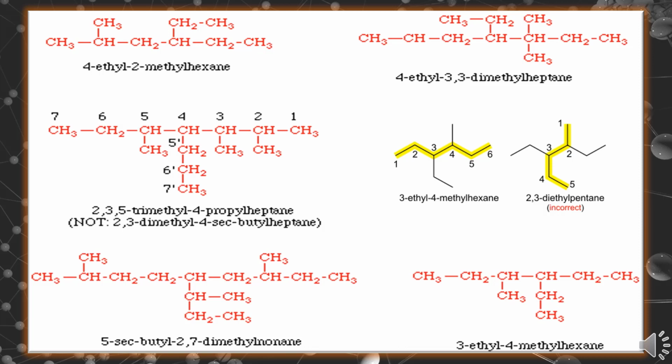You can see here two compounds are present. First of all, we have to look for the longest chain, as I have mentioned. In this compound, if we consider it this way, it is a 6-membered chain, and if we consider it vertically, the number of carbon atoms present in the chain is 5. So the longest chain is with 6 carbon atoms. So we have to consider this as the parent compound, and then we have to choose the substituents.